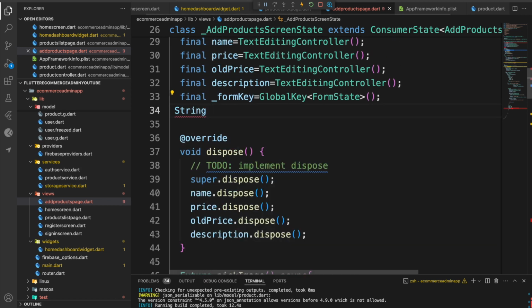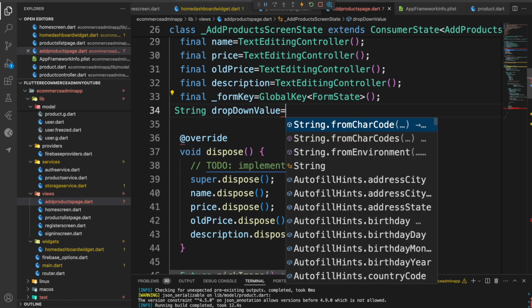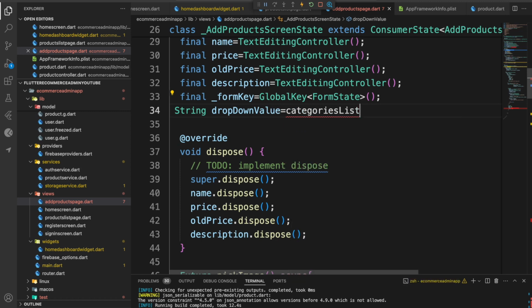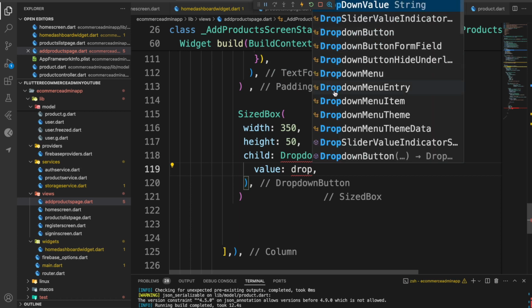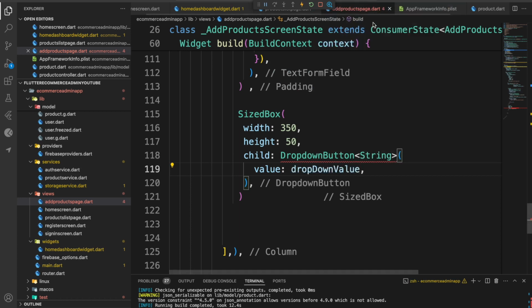String drop down value, which is go to our categories list dot first. Okay, so let's do it. Okay, drop down value,